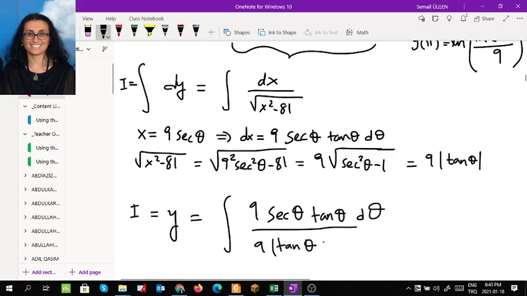Okay, this absolute value, it's going to make a difference, however